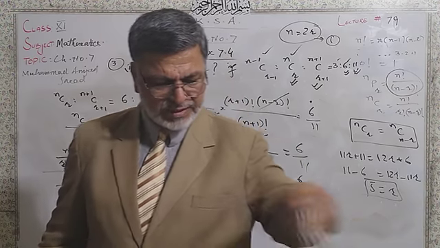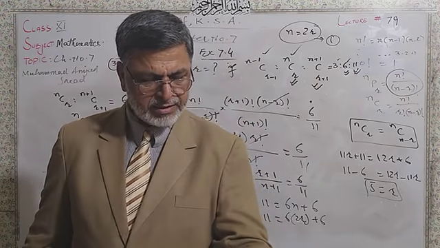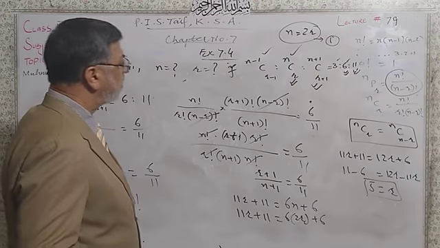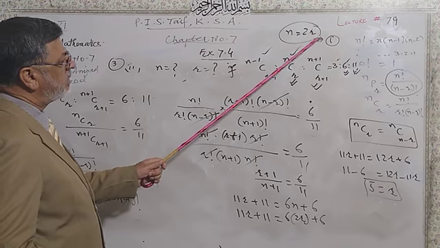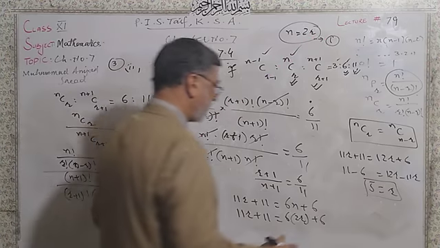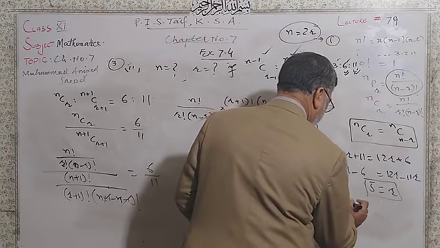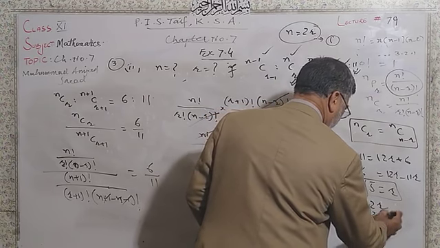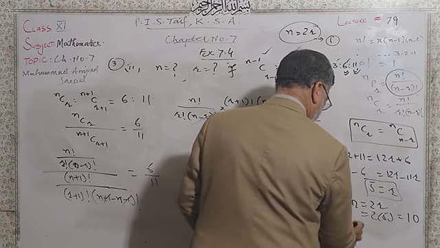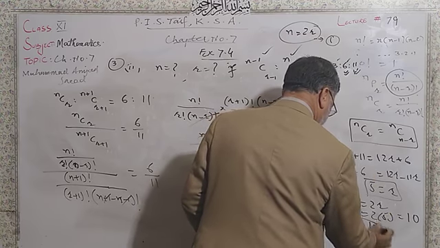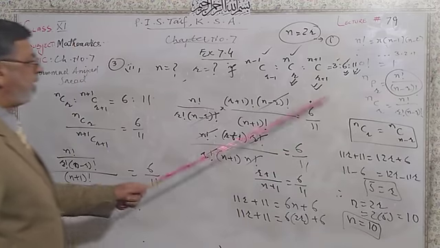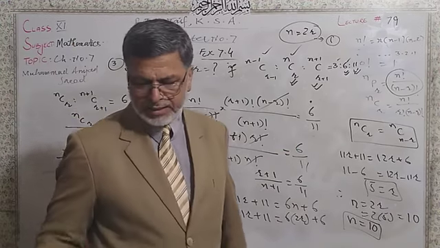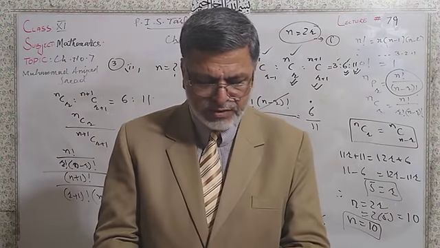So using this value of r in our equation 1 to find n. Therefore, n is equal to 2r, meaning 2 into 5 is equal to 10. So n is equal to 10. Dear students, n is equal to 10 and r is equal to 5. That was your required answer. That was your exercise